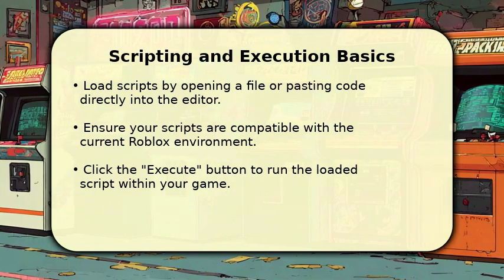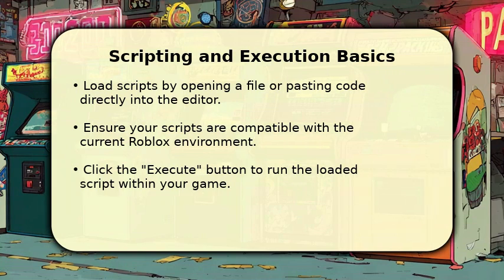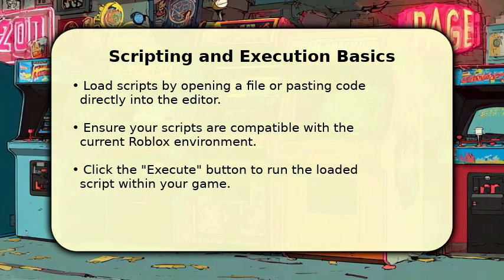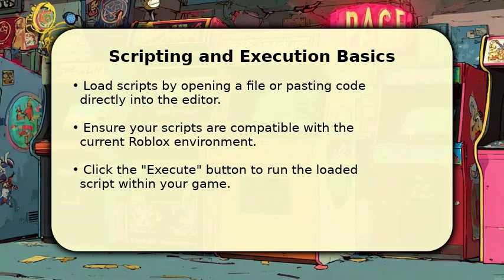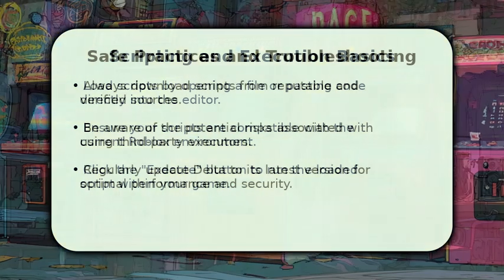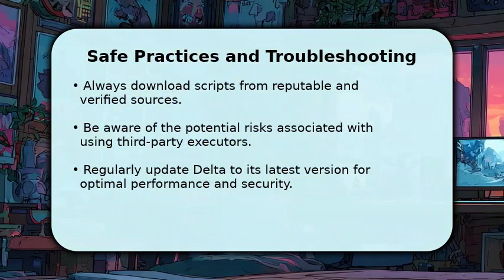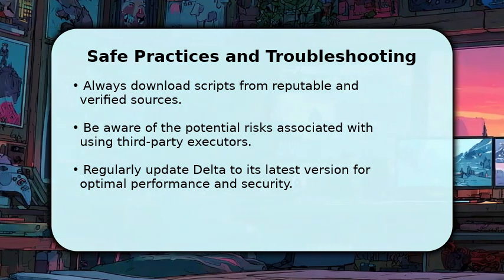After execution, always keep an eye on the output window. This area provides crucial feedback, including any errors or messages generated by your script, helping you troubleshoot effectively and understand its performance. For a safe and effective experience, always prioritize downloading scripts exclusively from highly reputable and verified sources to